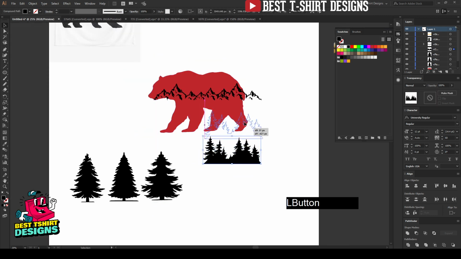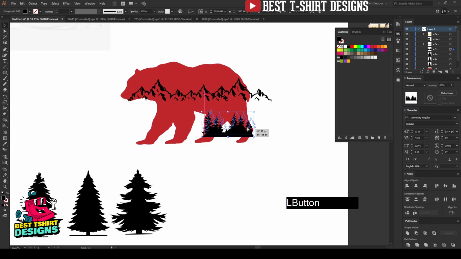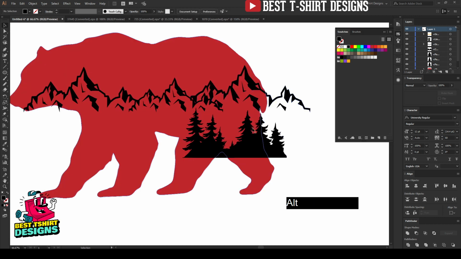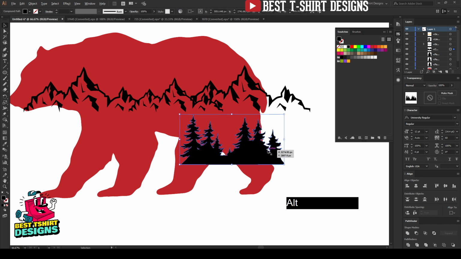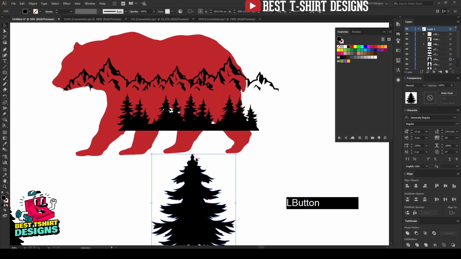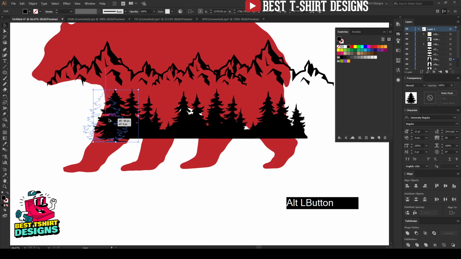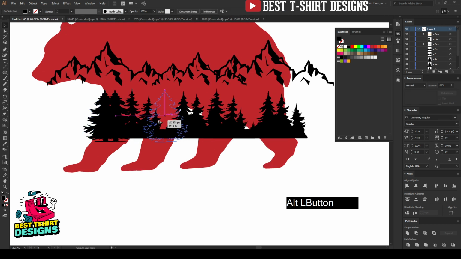I'm going to place these tree lines here. So let's keep it kind of like this, then another copy here, and then maybe I will just use one of these trees here, so that it hides the part here. Let's put it, we are just making the graphics part of it.